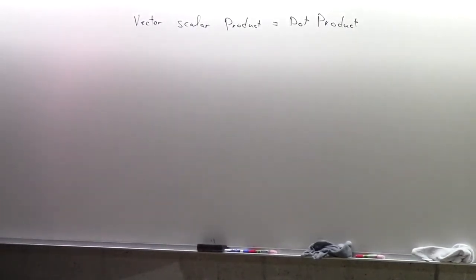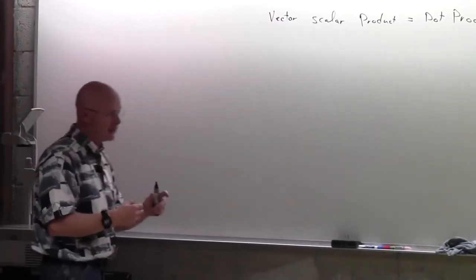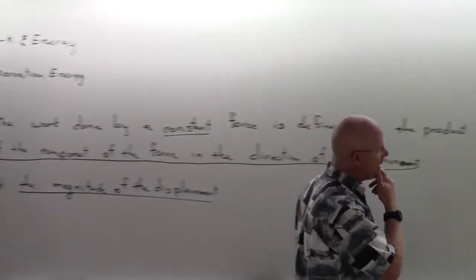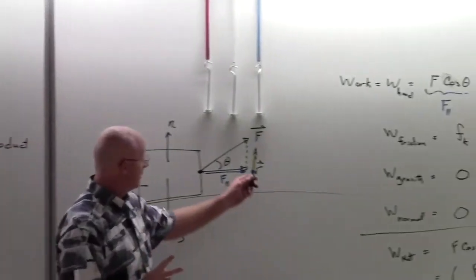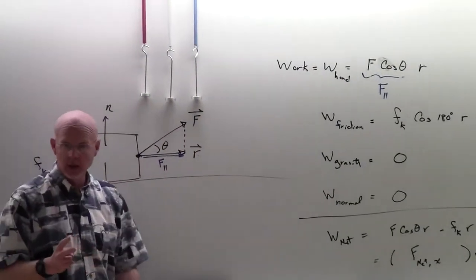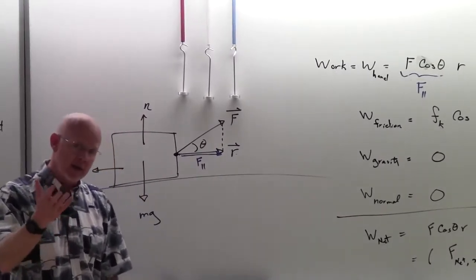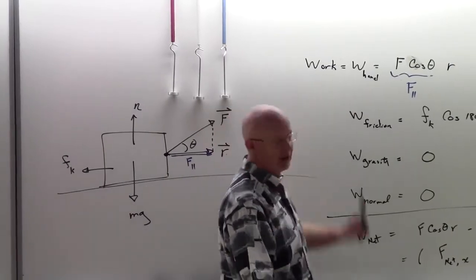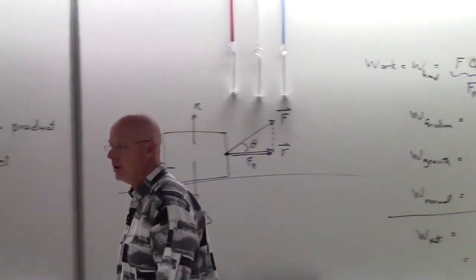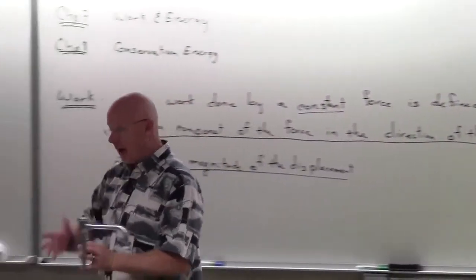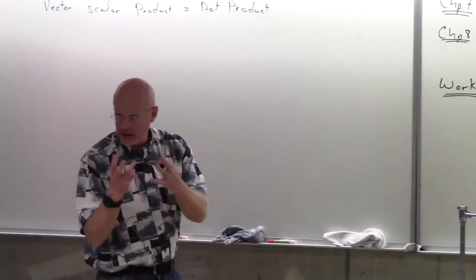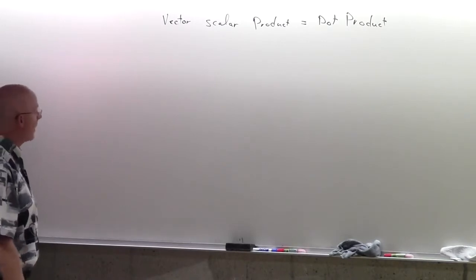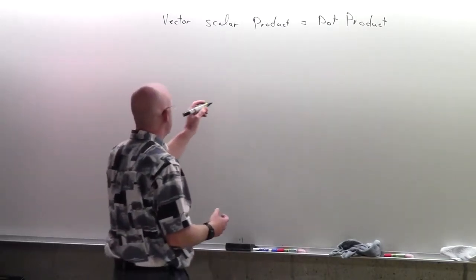I do happen to like the name vector scalar product because it says exactly what's going on here: we are taking two vectors, force and displacement. We are then going to multiply them together and get a scalar. We are going to get just a value of work. So names aside, I'll stick to what you're more familiar with, the dot product, and let's review this dot product that you may have seen already in your